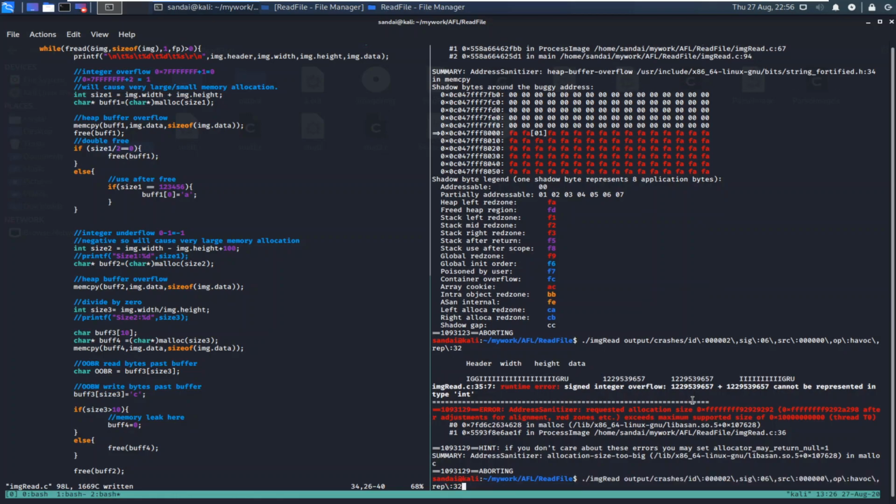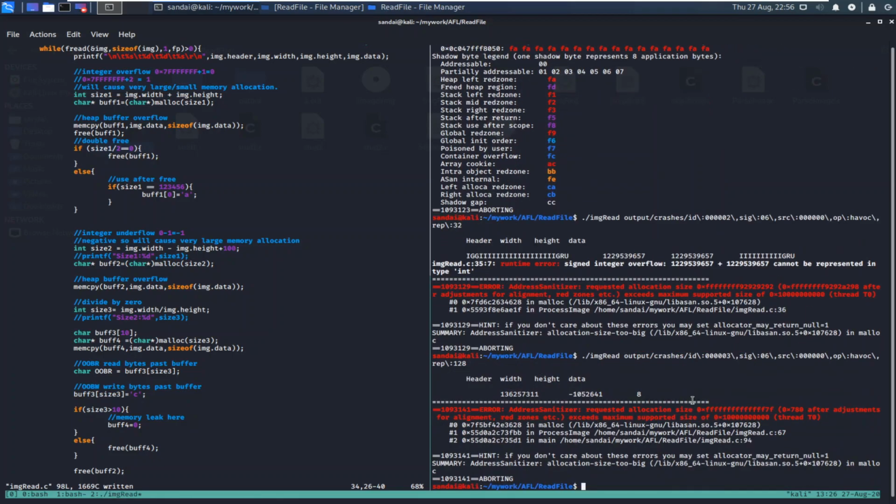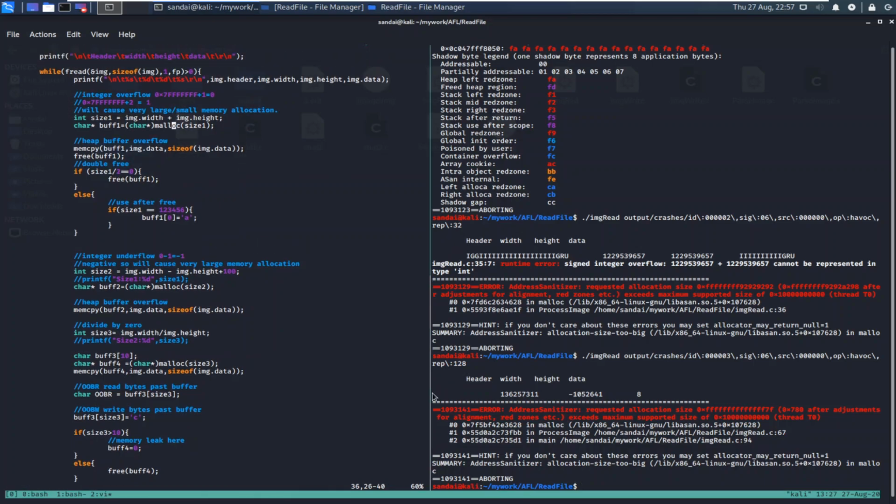Let's see another crash, that is the third one. It should be our fourth crash. So this is at line 67. I'm assuming that it has something to do with integer underflow or something else.